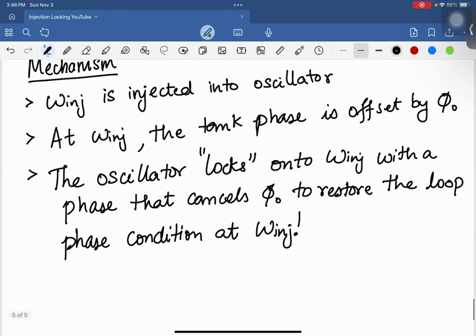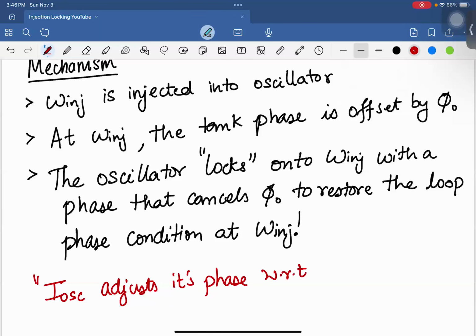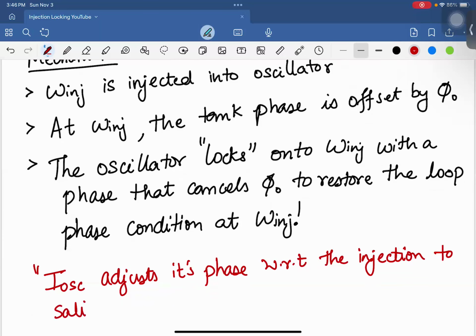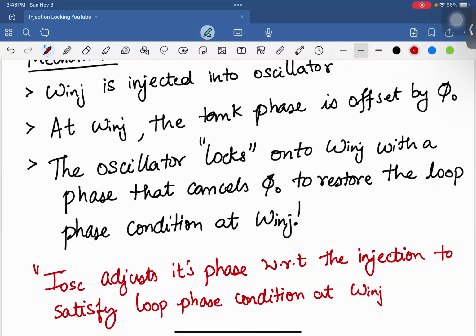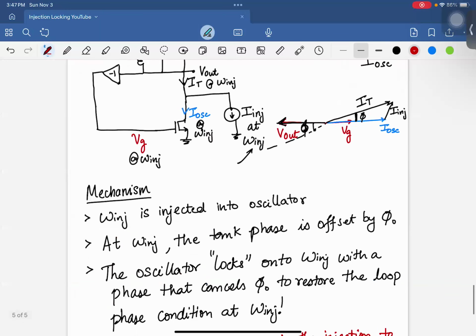So essentially, I should say that the oscillator adjusts its phase with respect to the injection to satisfy the loop phase condition at omega injection. Okay. So if we summarize, essentially what happened is that you injected a signal at omega injection,